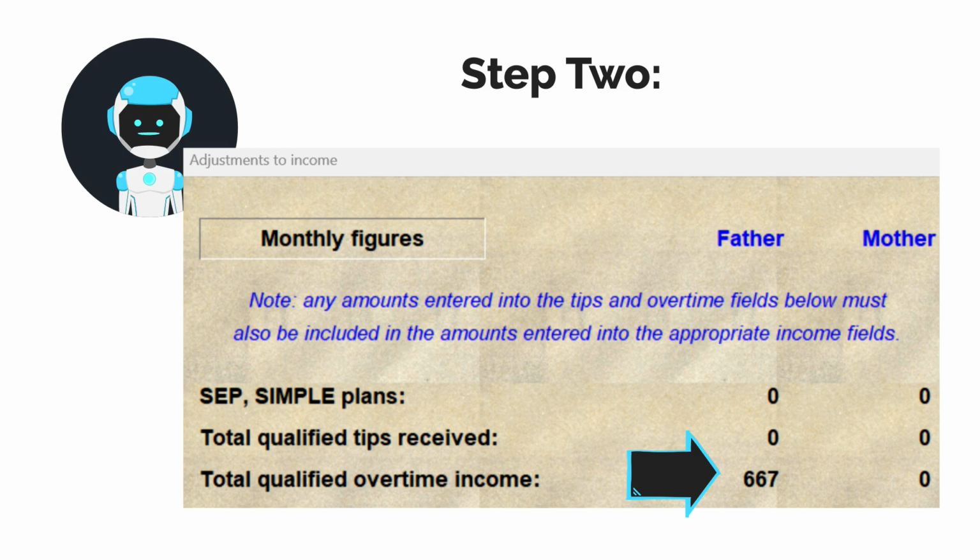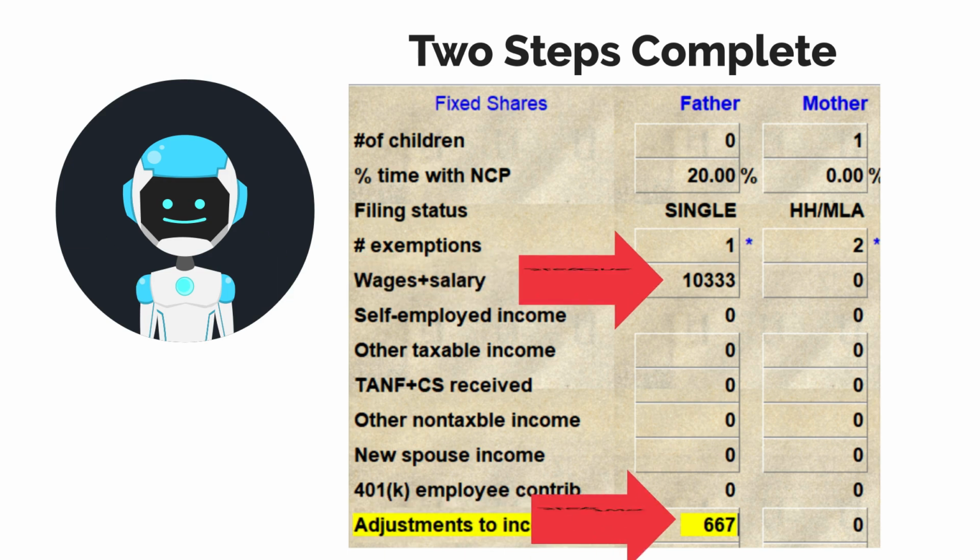Note this amount is the excess over base wage. The program makes the limitation calculations automatically. The key is entering the overtime in both the main screen as a component of wages and the adjustments to income screen. This is the main screen after completion of steps 1 and 2. Please note that the overtime premium amount must be entered on the adjustments to income detail screen as we previously illustrated to arrive at the proper computation.